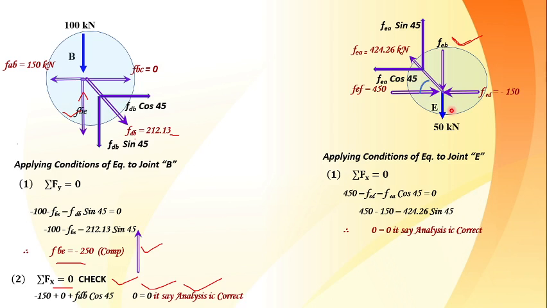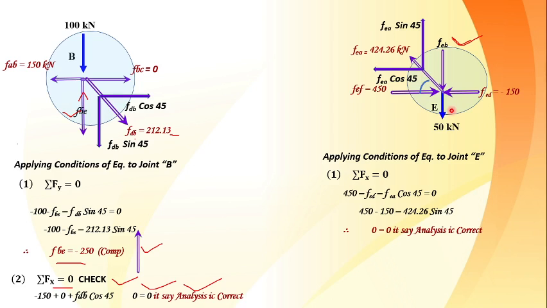So this is the way we have to analyze the problem step by step. By this time you have understood the various steps. First step, find out what type of truss it is. Second, find the geometrical parameters. Third, identify a joint where there are two unknowns. Why only two unknowns? Because that single joint is going to give us a concurrent force system. In concurrent, we should have a maximum of two unknowns.